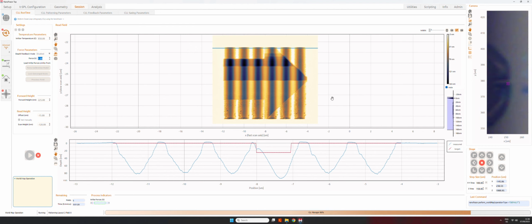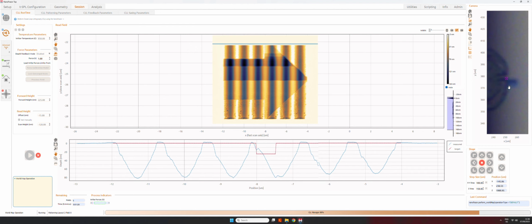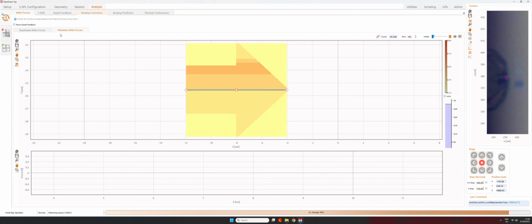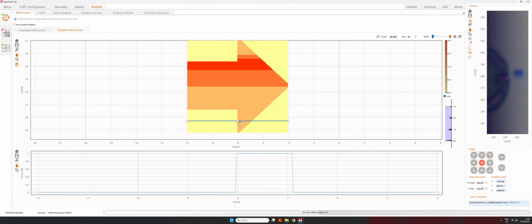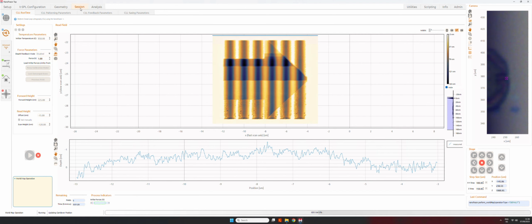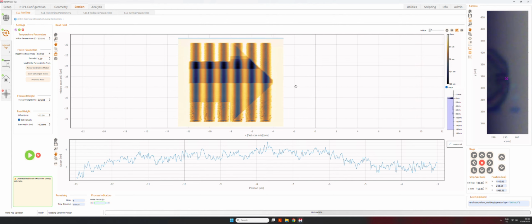So in this case we are using a silicon substrate, but also from the analysis panel, in the pixel-wise writing forces, you can see that outside the arrow we're definitely not applying any force. So what is allowing us to write?